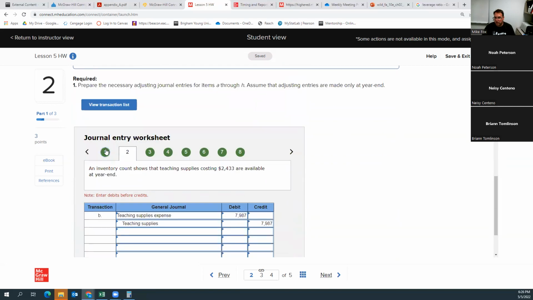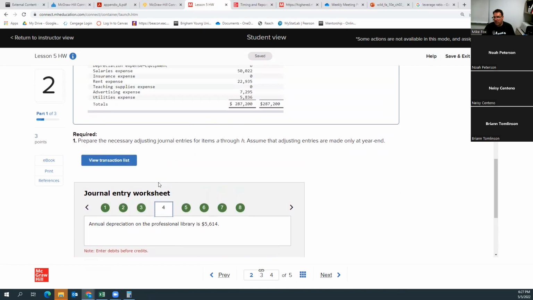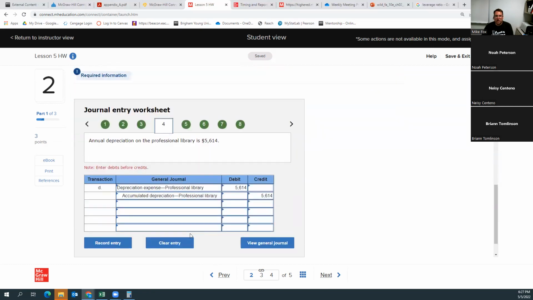Whereas on the first one, it tells me the amount that I've used. It uses this word "expired," which I think is confusing. And then on these depreciation ones, the same thing. It gives me the amount, because they could reword the question and say something like, the asset had this much of a useful life and make you calculate depreciation expense. And so that's the trickiest part about these, is sometimes they will present them in more than one way.